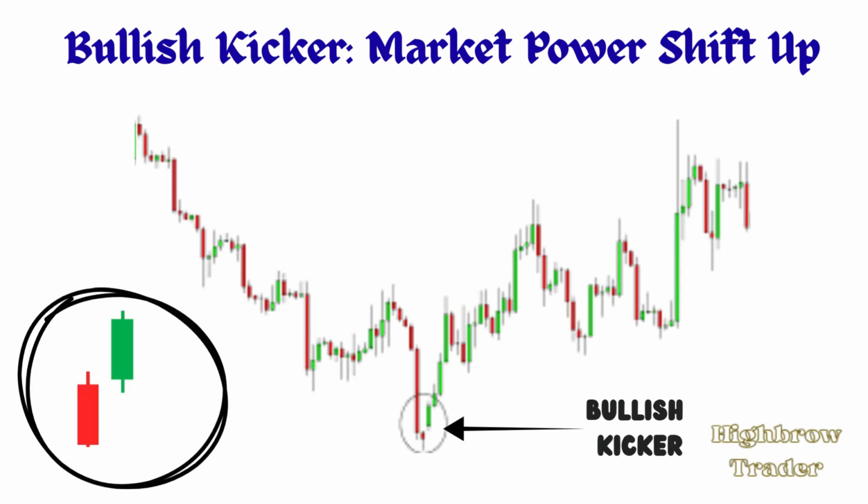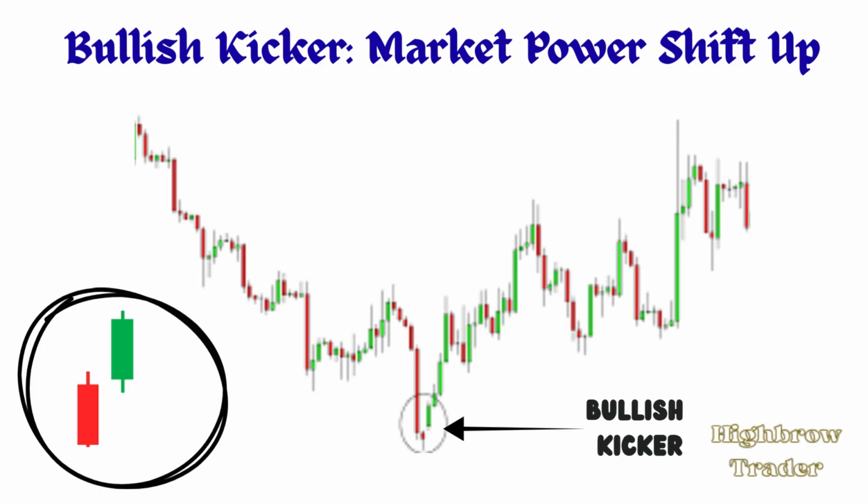The bullish kicker is a rare and powerful bullish reversal pattern. The first candle is bearish, and the second opens above the first's high and closes significantly higher, indicating a sudden shift in market sentiment from selling to buying pressure. Observe the chart below. See how the second candle opens above the first and closes much higher, signaling a strong